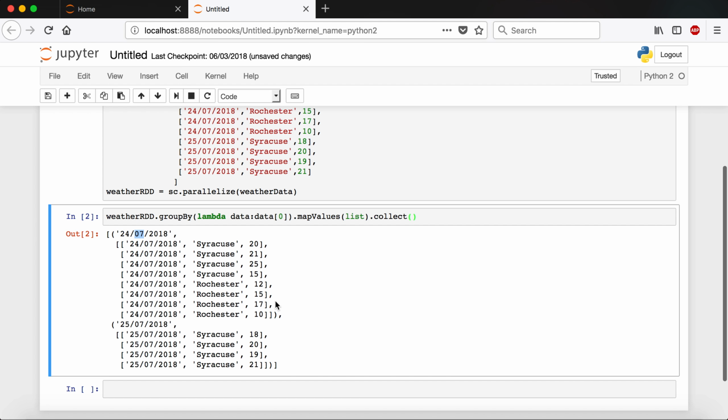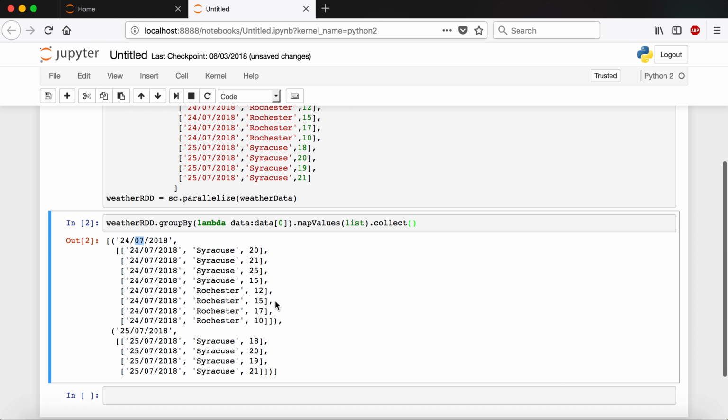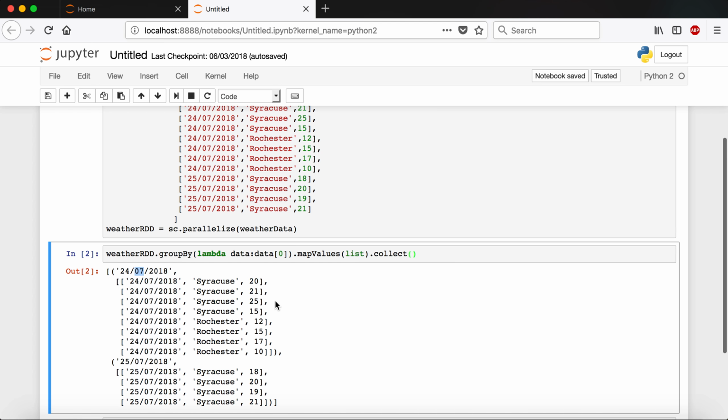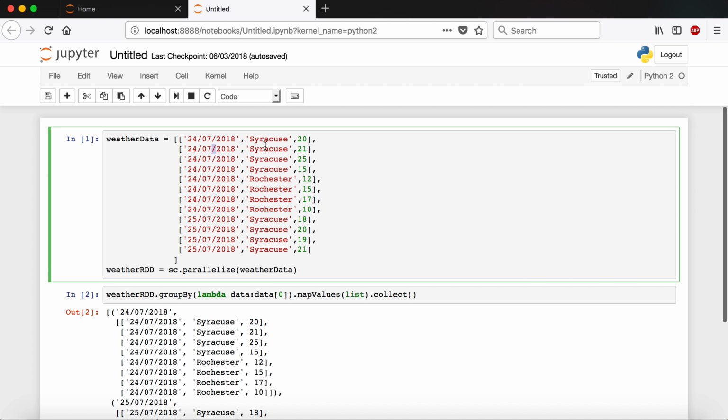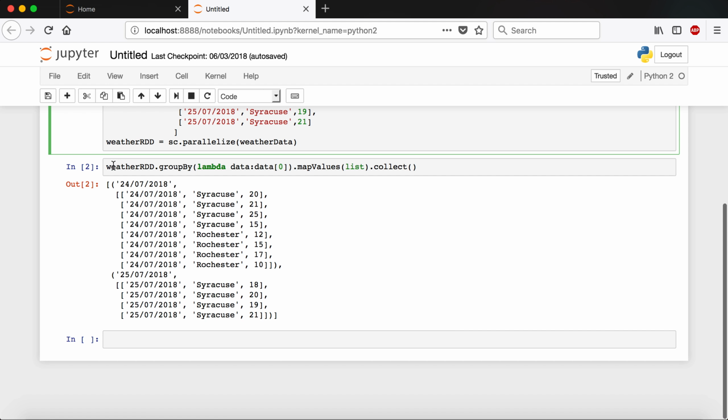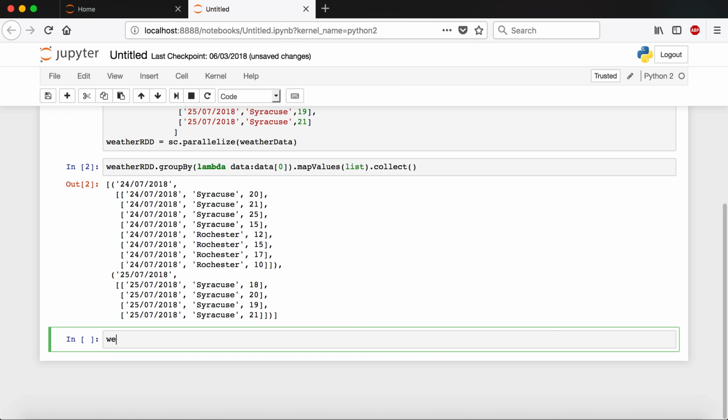Now what's the point of doing this? Well, sometimes if you just want to combine all the data by a particular key, you can use groupBy. But there is another type of function that you might want to use in this case. Suppose that you have a particular date and a station, and then you want to find out a minimum or maximum temperature at a particular station on a particular date. Then what you can do is that you can use